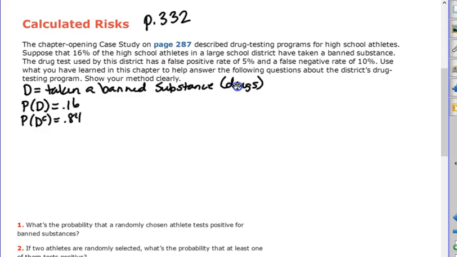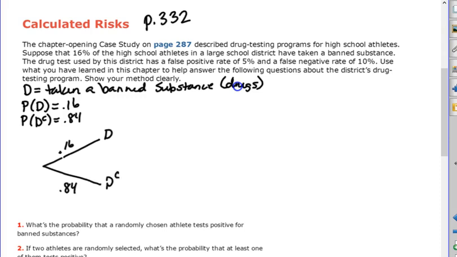It says the drug test used by this district has a false positive rate of 5% and a false negative rate of 10%. Use what you've learned in this chapter to help answer the following questions about the district's drug testing program. Show your method clearly. Well, the first thing I'm going to do is make a tree diagram. And in a tree diagram, we start with the first thing, which is, did they take a drug or not? And we have that adding up to 100%. So we have 0.16 for the drug and 0.84